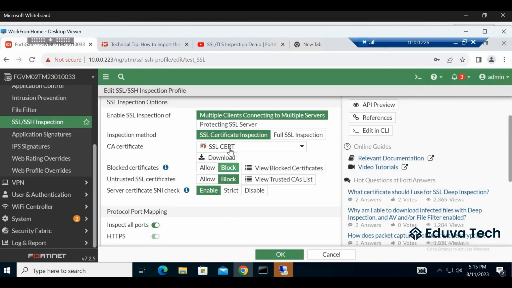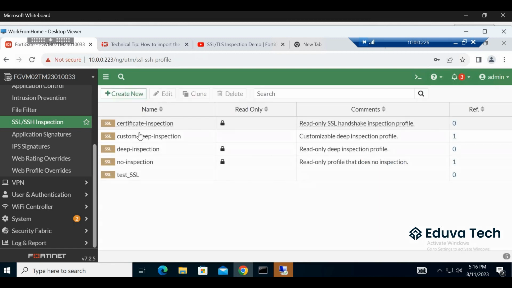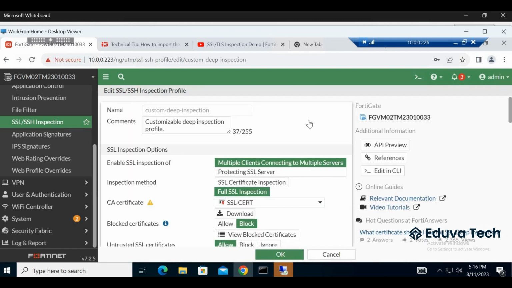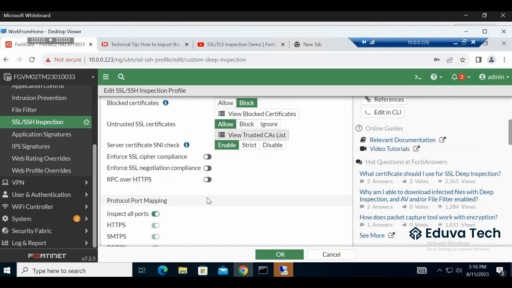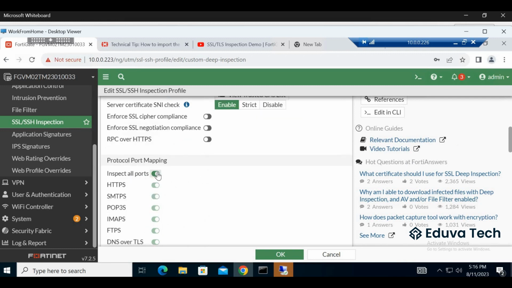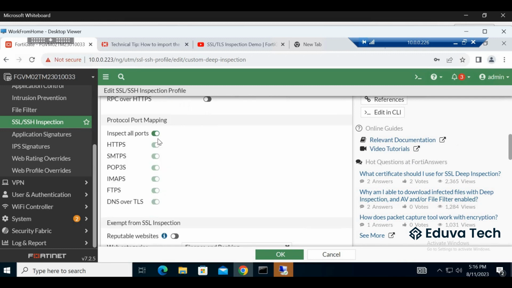So you can just install the certificate here. As of now, I am not using this policy. I am using custom deep inspection, and I am doing full inspection, where you see I have this SSL cert. When you have full inspection, you can inspect whatever ports you want to inspect. I want to inspect all ports, or else you can see HTTP, this port I want to